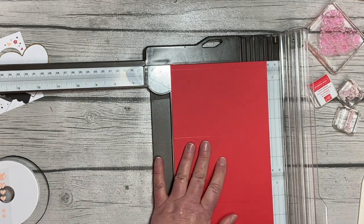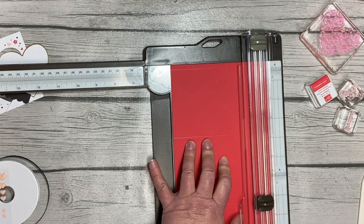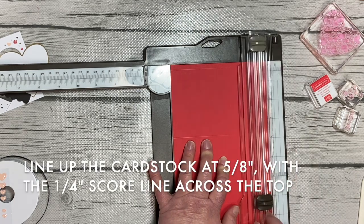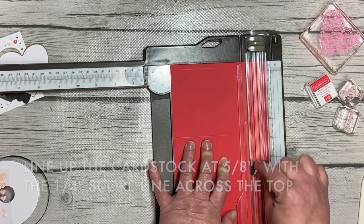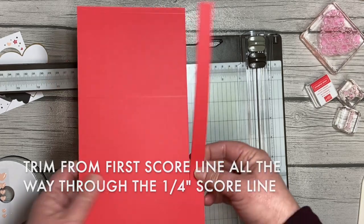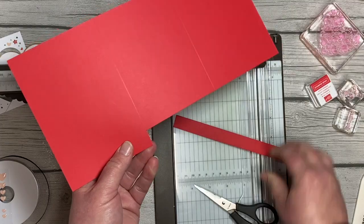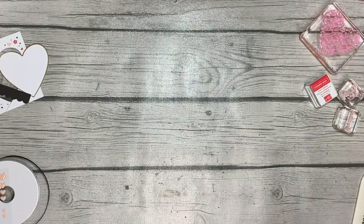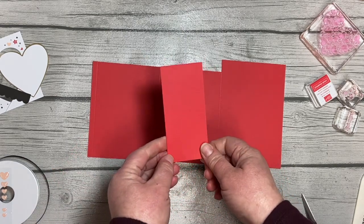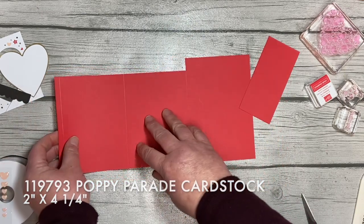And then I am going to start my blade. I think you can see that at the bottom of the screen. I'm going to start my blade at that first score mark at the bottom, and I'm going to trim all the way up. So I've got this little flap. Now I'm going to go in with my snips and just trim that right off. So next we're going to bring in a piece of 2 by 4 1/4 Poppy Parade,